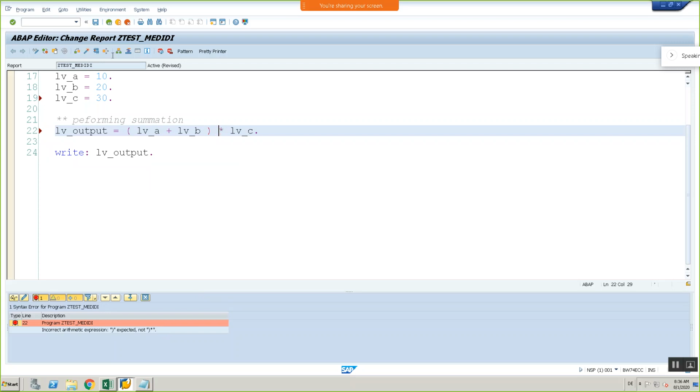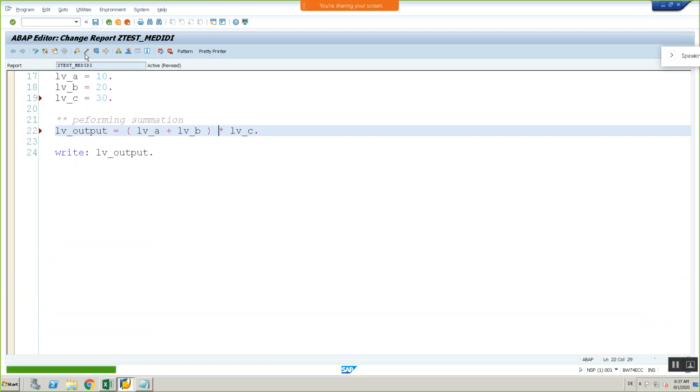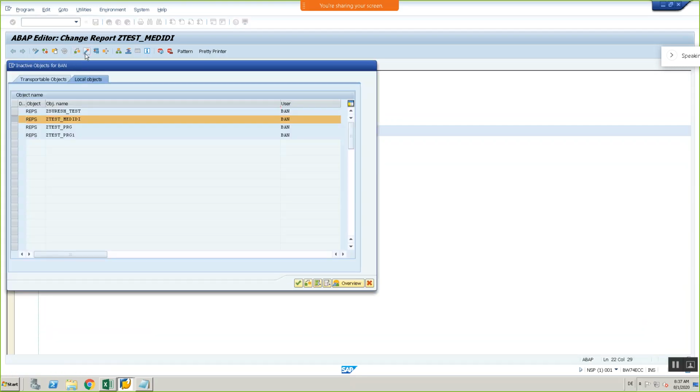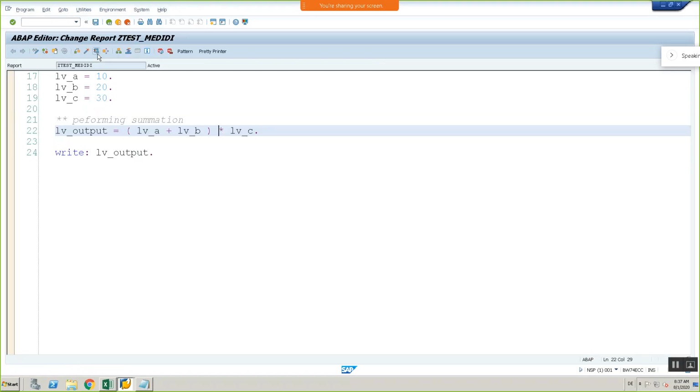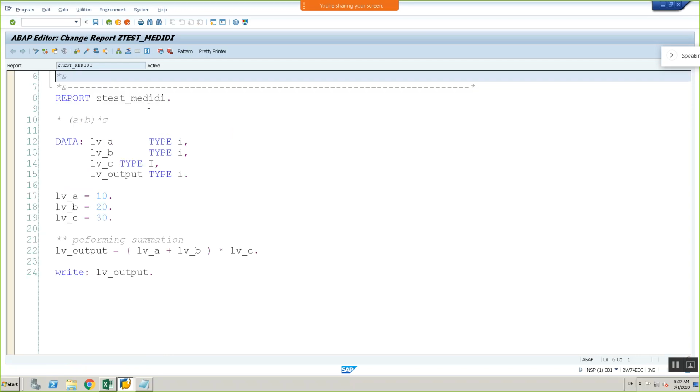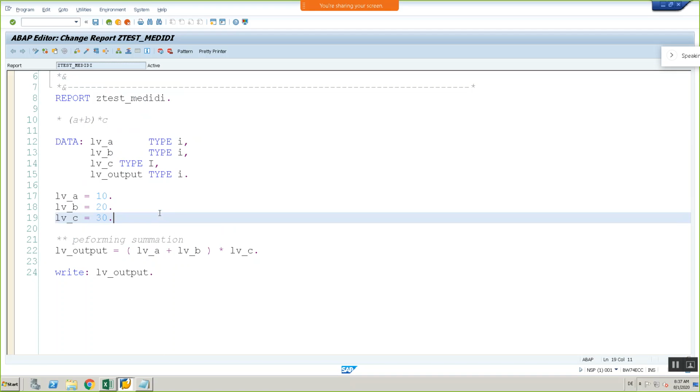If you correct it, then you can change it. So I think you know how to see at what line you are getting an error message. So execute it, then you can get the output 900. Okay, so this is how we work on arithmetic operations. And what happens if I do a by b?